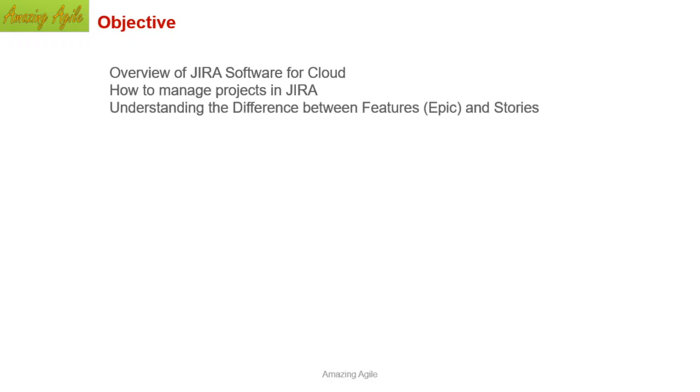Understanding the difference between features and stories. If you have knowledge of the Scaled Agile Framework or any other framework you have worked on, it will be very useful for you. The Scaled Agile Framework uses epics, features and stories, and there is a relationship between each of them. We are going to learn how it is managed in Jira. Jira is used for the Scaled Agile Framework, so that tool is used. How to use feature versus story, but it is a separate license.